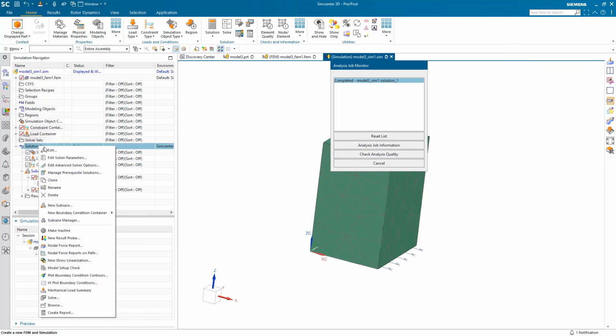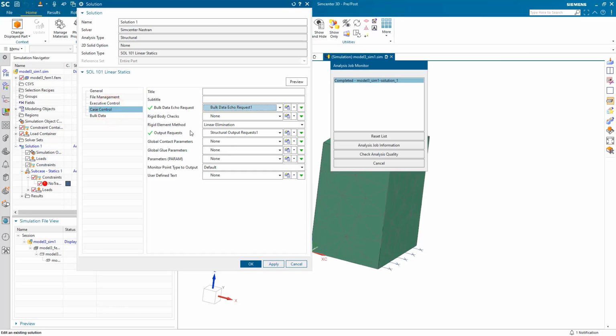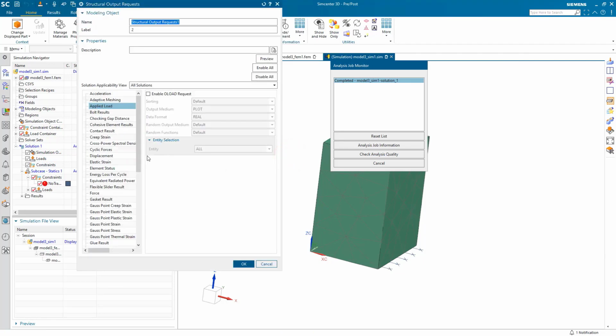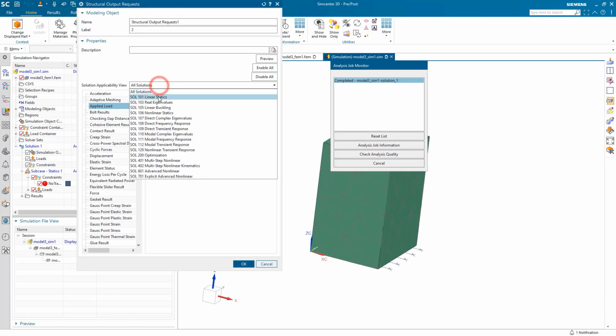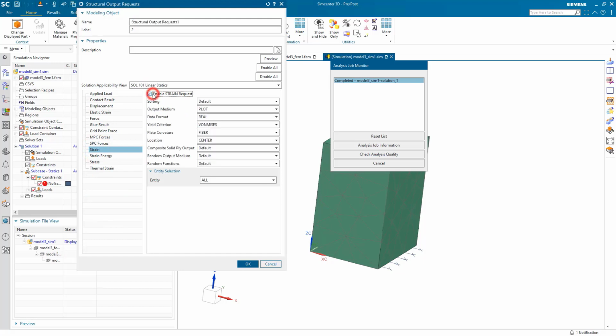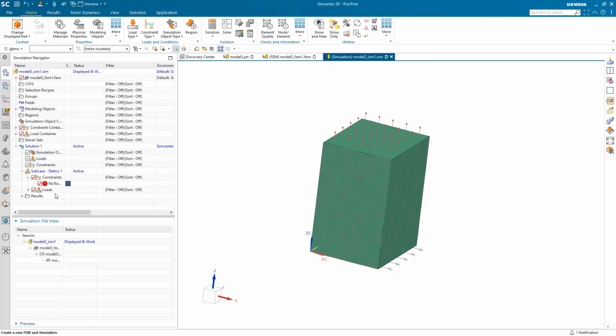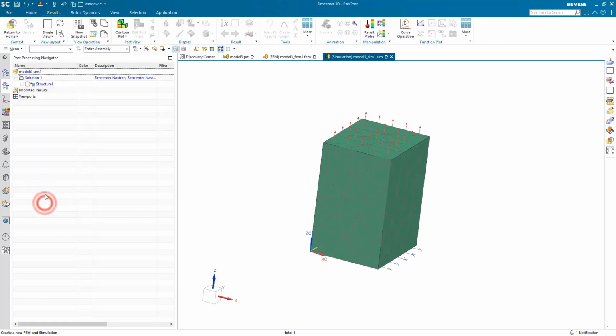However, it's easy to turn that on if that's something you'd like to take a look at by editing the solution and then editing your output requests. Here you can see a lot of output requests. We can filter it by the solution that we're running, solution 101, to select our strain output request. All right, so if we were to rerun, then we could check our analysis quality, but we'll go ahead and